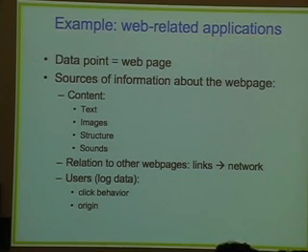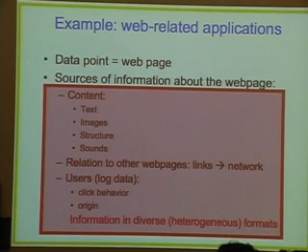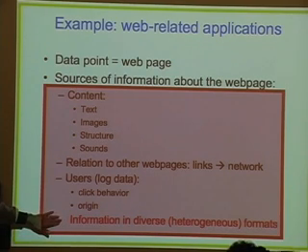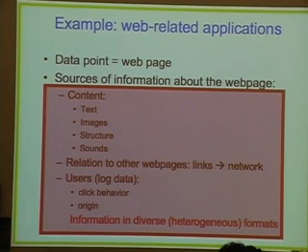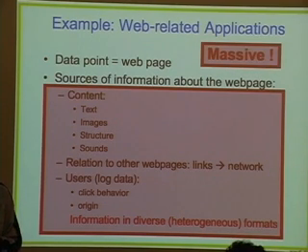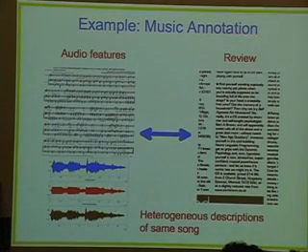So if you want to use all that type of information to make predictions about the topic of the web page, then it's obvious that it's not going to be just a classical statistical task where we have one big vector of numbers which then will be classified into one or another class. We actually have information in very diverse formats, which is not necessarily numerical anymore, and we have to try to deal with that and use all that information that we have available to make that prediction. On top of that, this is a massive task because obviously there's a lot of web pages out there that we want to try to deal with.